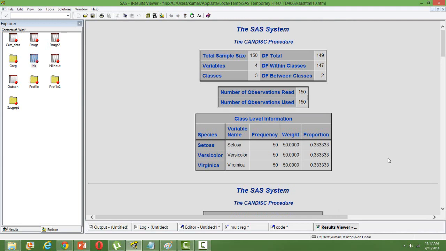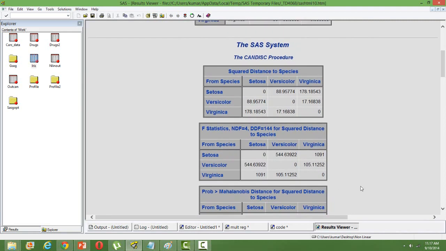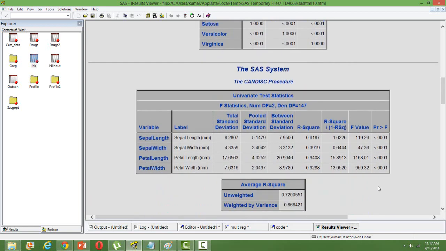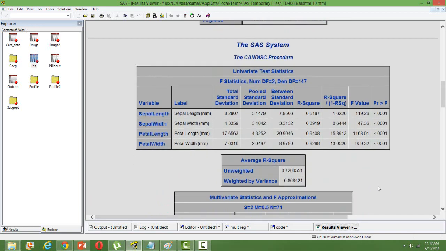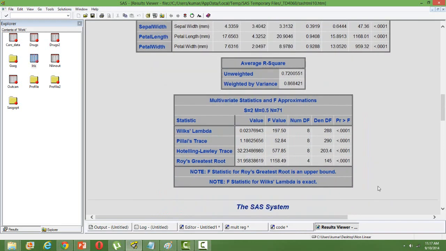an output like this: the initial statistics about the different variables, followed by the Mahalanobis distance, which says how separable the two categories are. You can see the separation between Virginica and Setosa is 178, very significantly high, so quite different in that sense. Then some univariate tests,